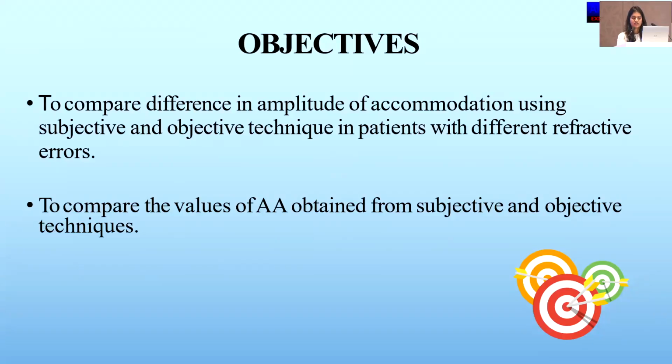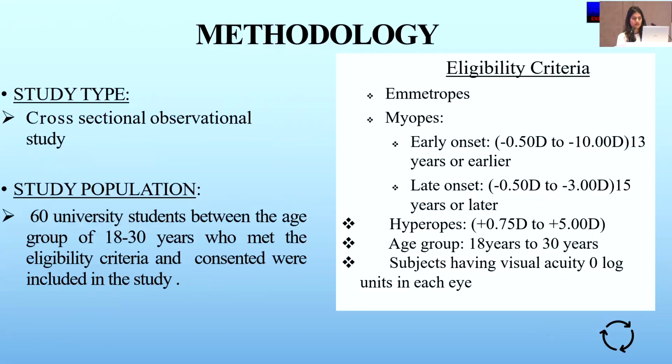The objectives of the study are to compare the difference in amplitude of accommodation using subjective and objective techniques in patients with different refractive errors, and to compare the values of amplitude of accommodation obtained from subjective and objective techniques. It's a cross-sectional observational study. Study population is 60 university students between the age group of 18 to 30 years